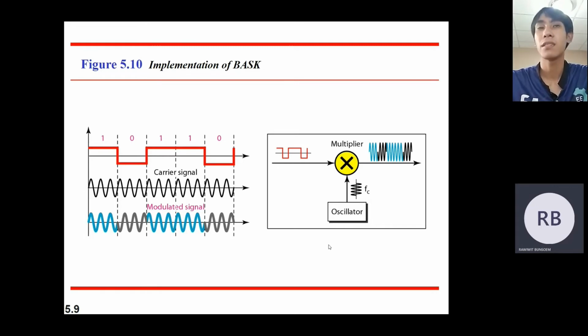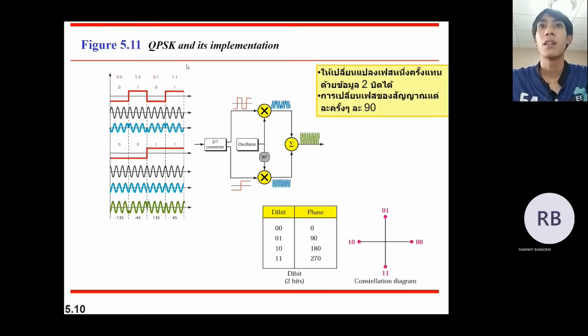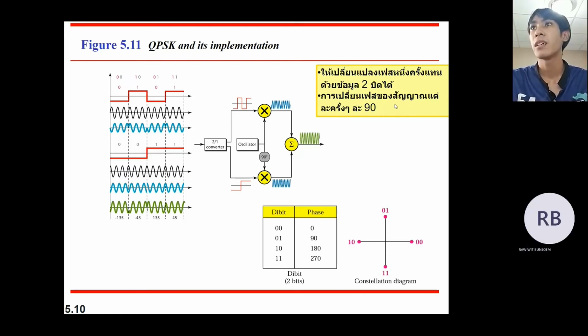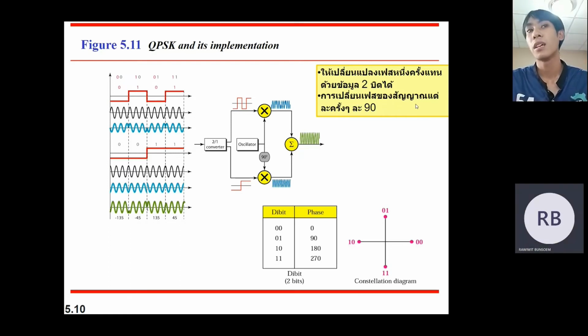Okay, the next, QPSK and its implementation. We change the phase once per 2 bits, and in each signal element the phase changes by 90 degrees. Okay, the next,